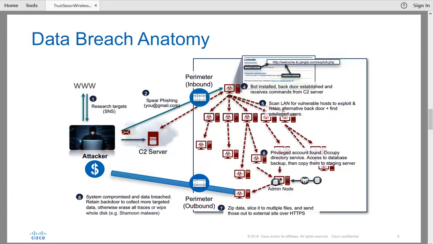Here's a very good example of how hackers and attackers exploit or do a data breach on enterprise customers. The attacker sends a phishing email, and the employee who is inside the perimeter unknowingly clicks on that phishing link, and the bot gets installed and the backdoor is established. Now the attacker sends commands over from the C2 server. The next step would be scanning for vulnerable hosts, and once he gets hold of a privileged account,